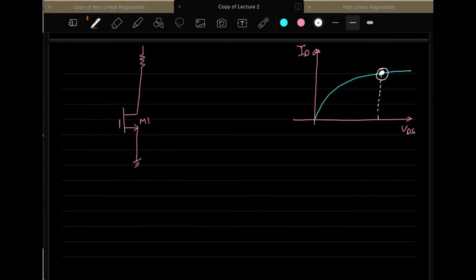The operating point should not be selected here or here or here, because in this region it's in triode and the transistor will operate as a resistor. So that's why we should select the operating point in such a way that our Q point should be here. So how will we do that? We will do that by applying proper VDS and proper VGS, the DC voltages, to this device so that it properly sets at this point.